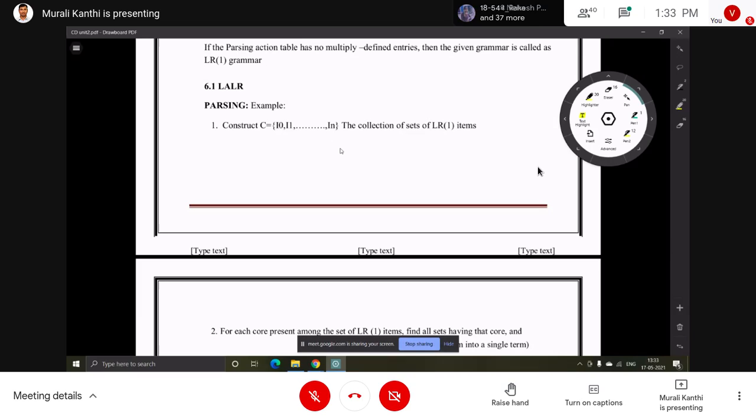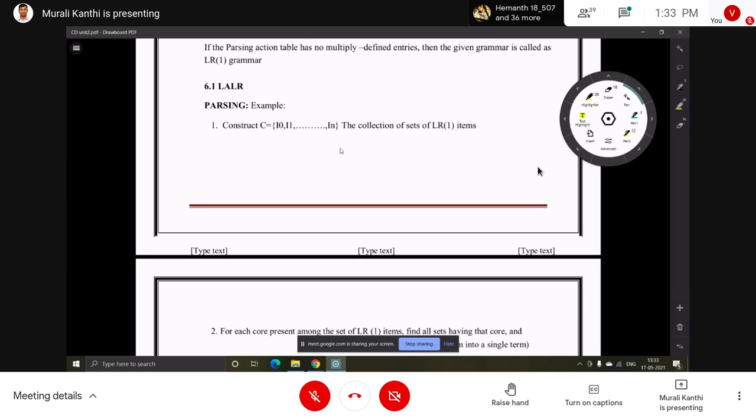In CLR and LALR, we don't find first set and follow set. Why? Because the lookahead symbol is there. The lookahead symbol will be calculated at the time of closure of the item. So that is the difference. That's why it is called LR(1) item set in CLR and LALR, and LR(0) item set in SLR. So LR(0) item sets are found in SLR, and LR(1) item sets are found in CLR and LALR.